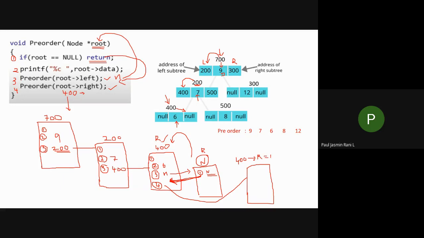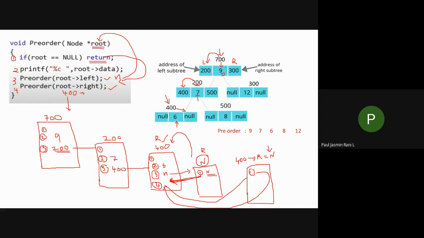So my current root value is null. If I execute the first statement, definitely if root is equal to null, I am going to return. After executing this statement, I'm going to return back over here.